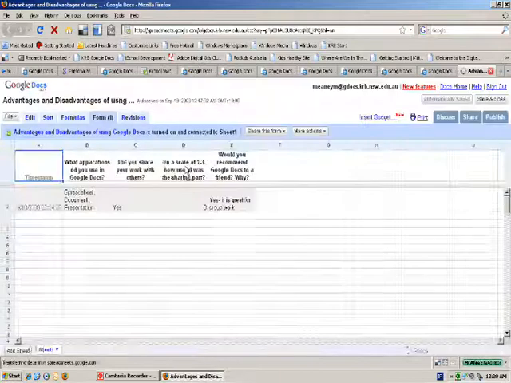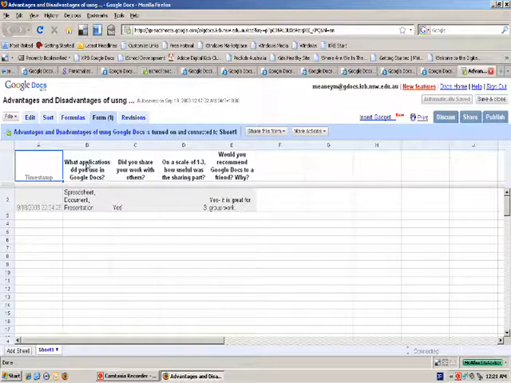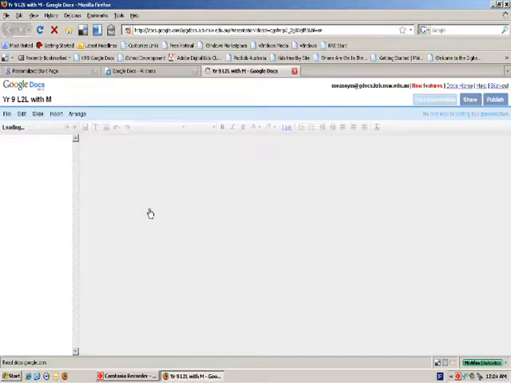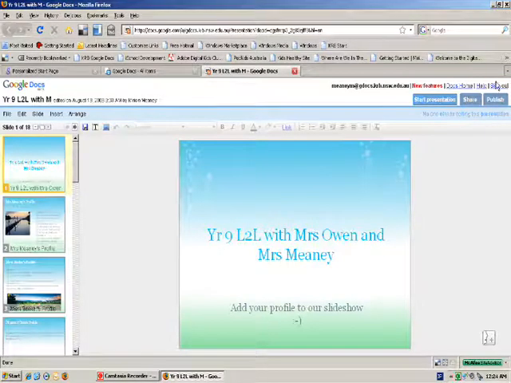So this is the spreadsheet that has been generated by the form. You can see here that my questions are sitting there in the header, and of course I'm getting the response from the students. So let's go back to the presentation that we began with to show you how the publishing can work. If we go to publish,